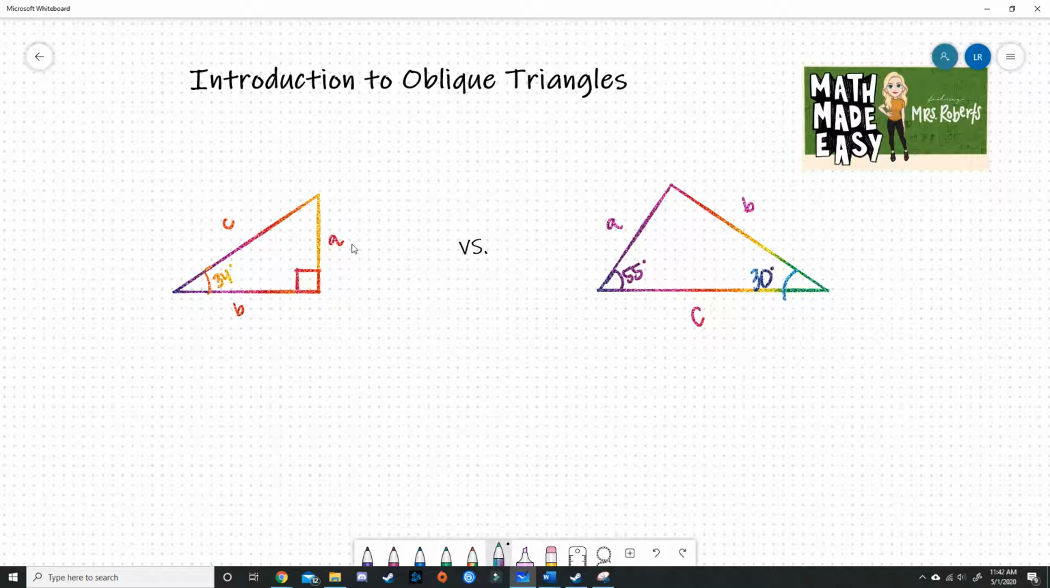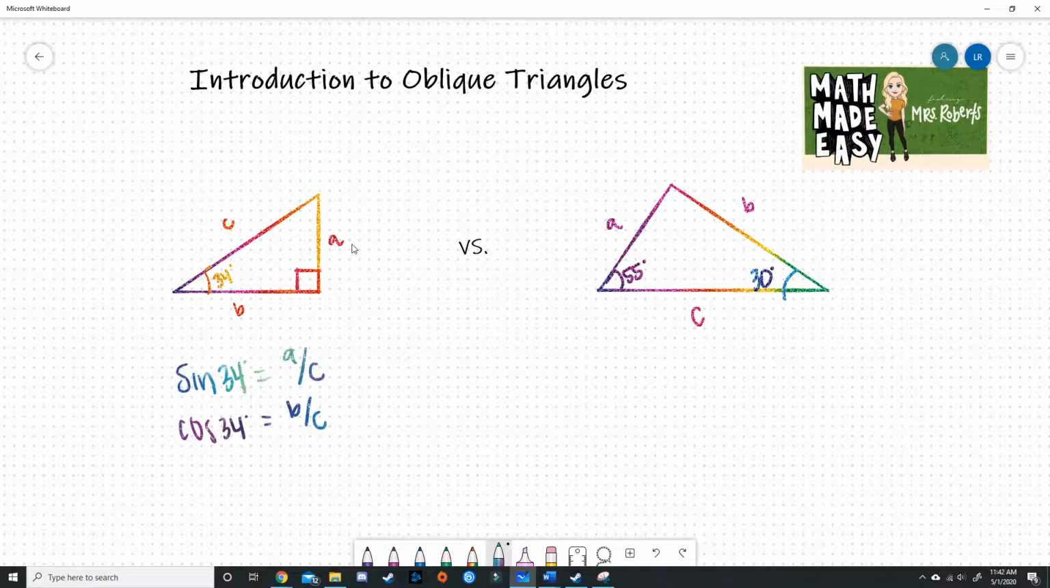We could solve the side length A if we knew what C was by doing sine. Sine of 34 degrees gave us A over C. And if we knew either A or C, we could figure out the other side length. Cosine of 34 degrees was adjacent over hypotenuse, which is B over C, and tangent of 34 degrees was opposite